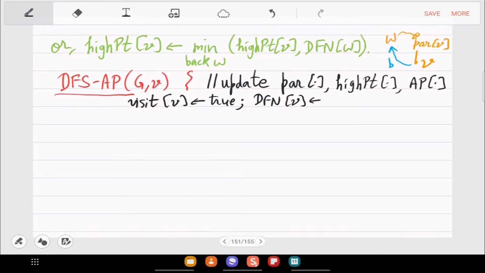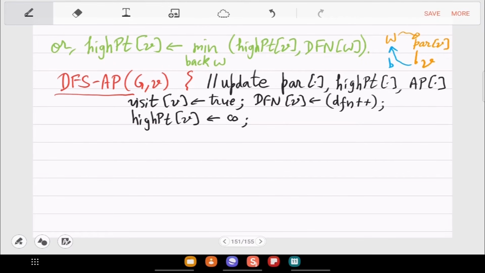DFN, so the number here is the timestamp that was there in DFS. So that's the same, DFN++. And the new update is high point of V. Since you have just started with V, you don't know anything, so just set it to infinity.